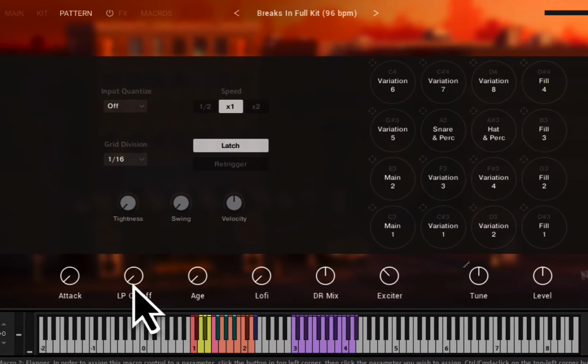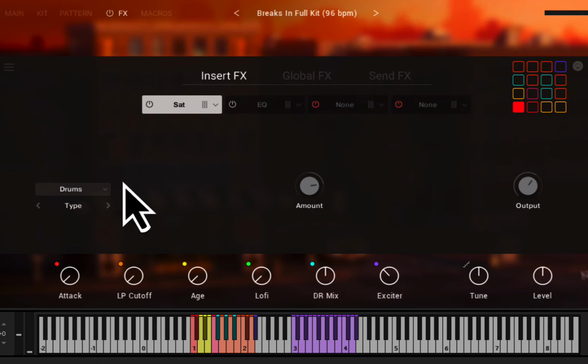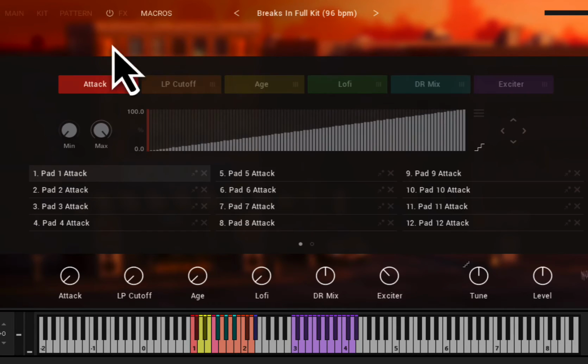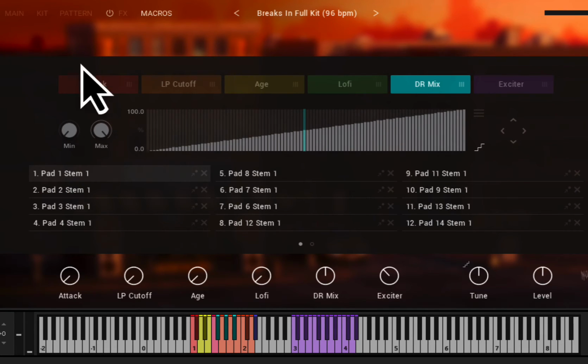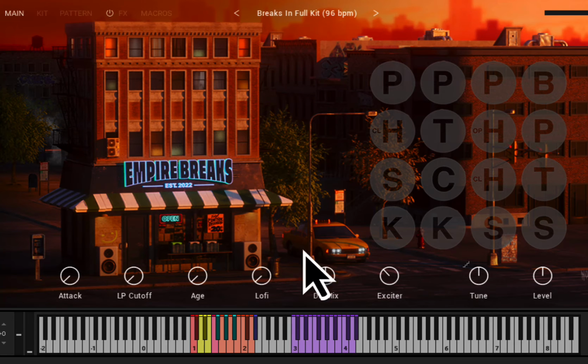So we also have all these really cool effects down here that you could go to your effects page, and you could do all kinds of crazy stuff. This is just the presets. Then we have the macros where you could assign different keys, multiple keys, or multiple effects to one key. But let's take a look at the default they have set right now. We got all kinds of different effects in here: low cut, age, lo-fi, all that kind of crazy stuff. And then we have the macros down here, which if I play a beat,